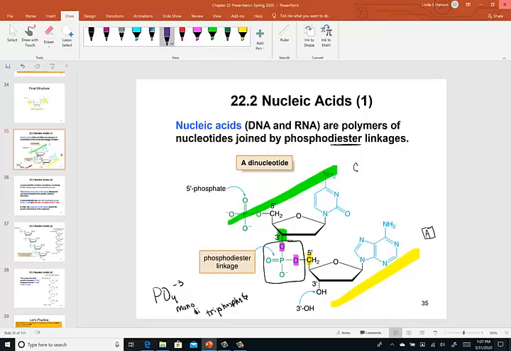And just to remind ourselves, what identifies one nucleotide from the other is the identity of the base. The base in the top nucleotide is cytosine. The base in this second nucleotide is adenosine. So notice that I had those coded for us, cytosine and adenosine. So we see two separate nucleotides being connected by a phosphate group. The type of linkage is known as a phosphodiester linkage. And that means that I have a